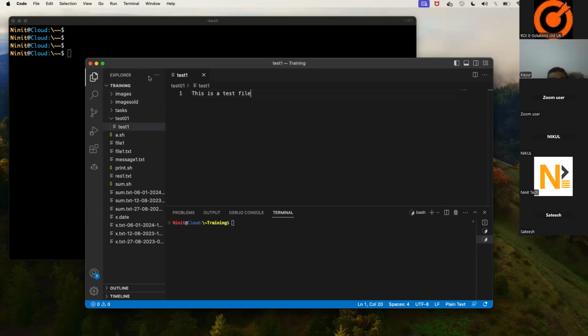There are different ways to save your file on your system, right? Now, once you have saved the file, on the terminal window beneath, like there is a separate window,